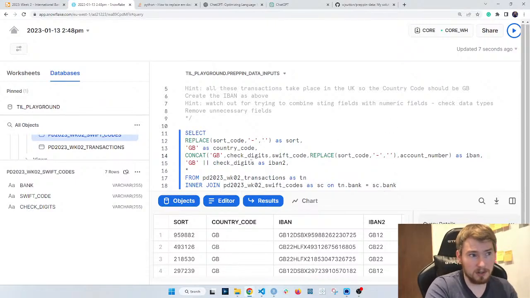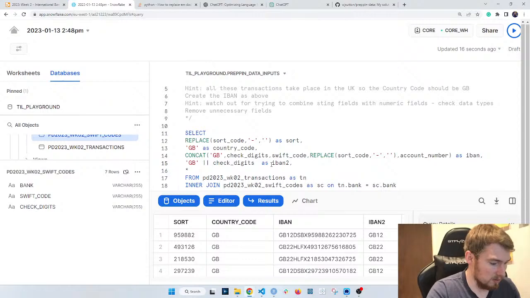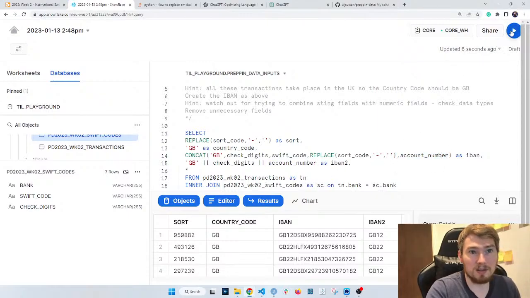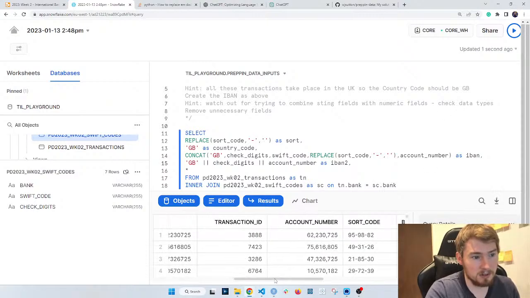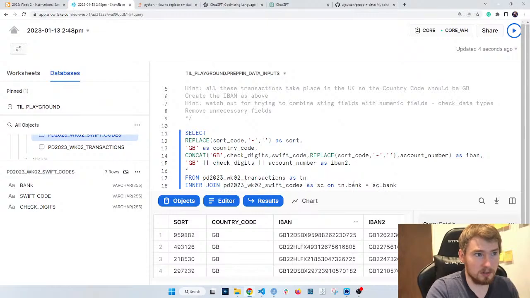You can just put a numerical value as part of this concatenate. That works fine. I'm just going to check, can you do it the same way down here? So GB, if I just cut to the chase and add in my numerical value, let's see, does that work? Yeah, that works as well. Okay, it's good to know there are two different ways and you don't have to change the type at all. So I've gone and increased the IBAN. I watched out for those numerical fields, but it didn't matter. And now I've just got to remove any unnecessary fields.